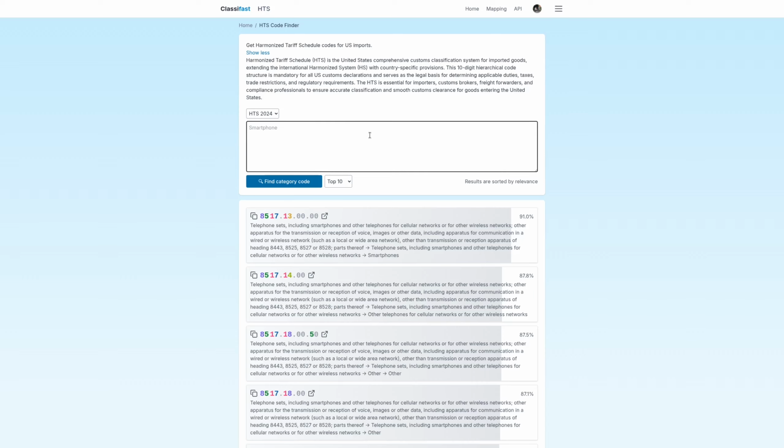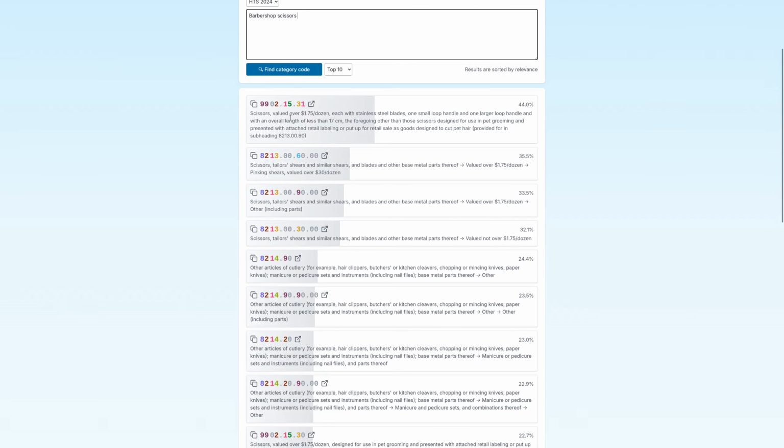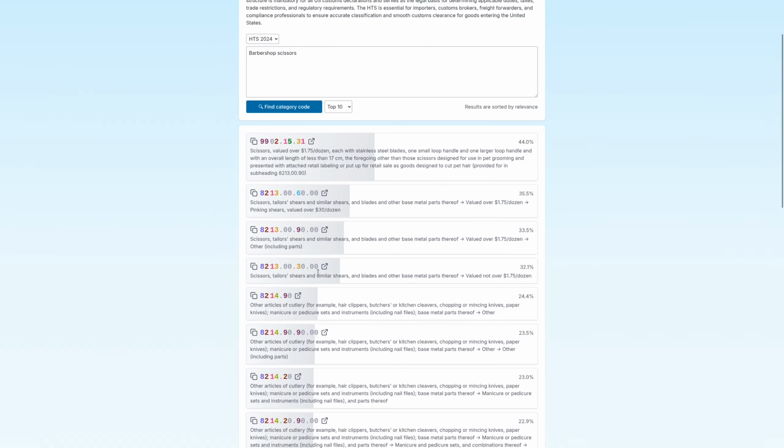So let's try something specific. For example, I have in mind barbershop scissors, professional scissors used by barbers. Okay, scissors, tailor scissors, shears. So not a lot of actual scissors, but you can see